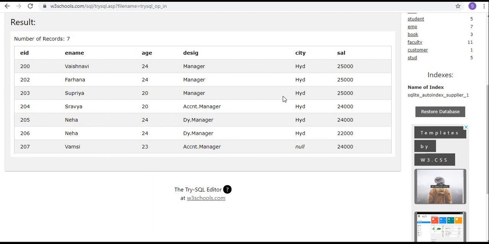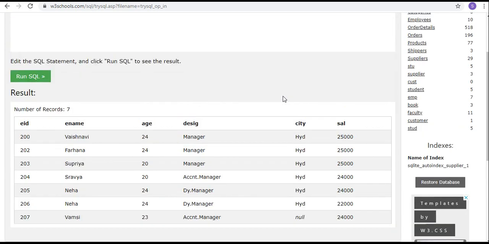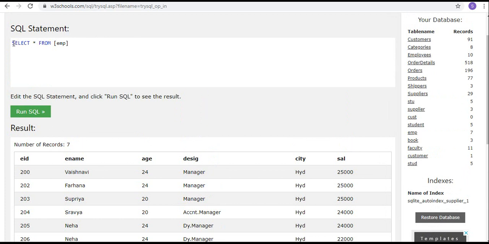So this is a complete information. From this I am selecting some information. For example, I will update some data.